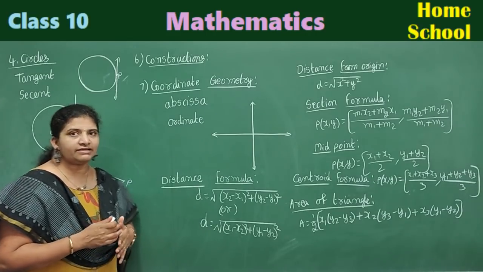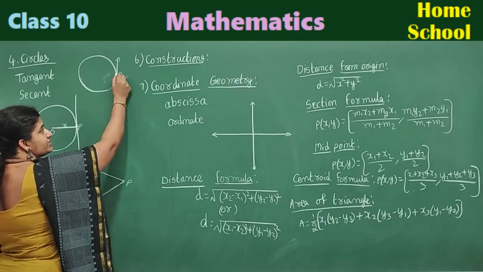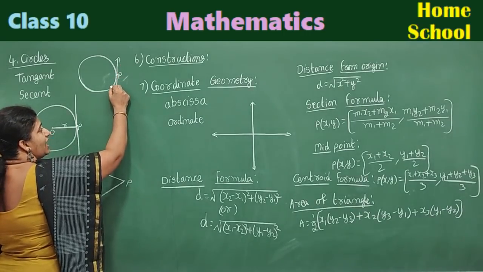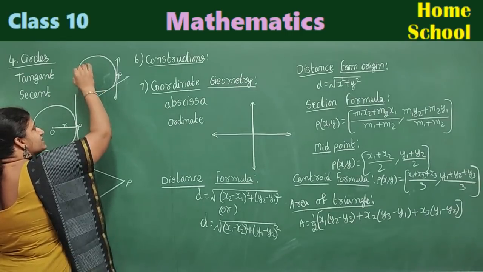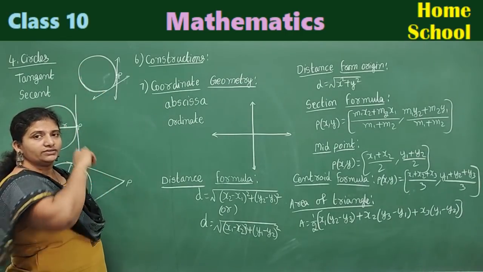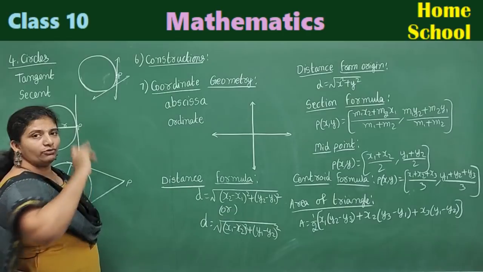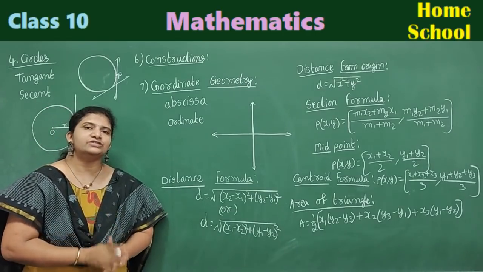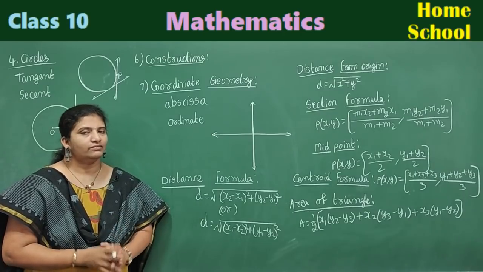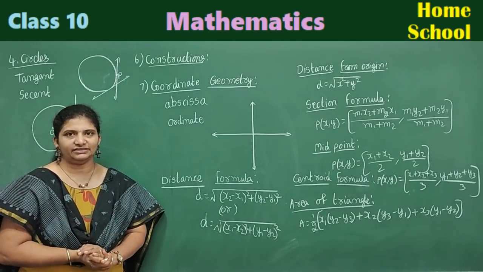How can you say this? Look here, you can use this point and draw one tangent. And for this point, one tangent. And like this, at every point of the total circumference you can draw a tangent. So, how many tangents can you draw to a circle? There are infinitely many tangents.